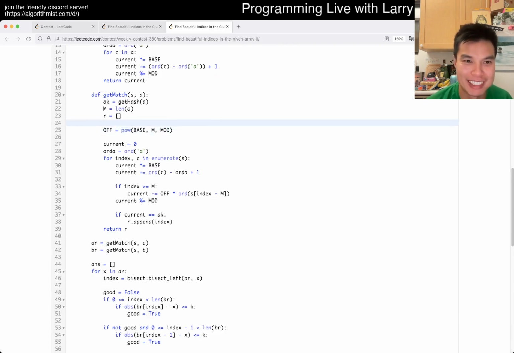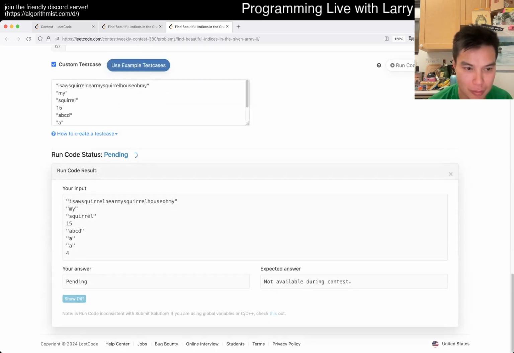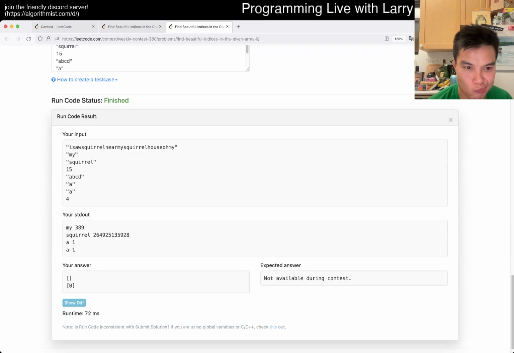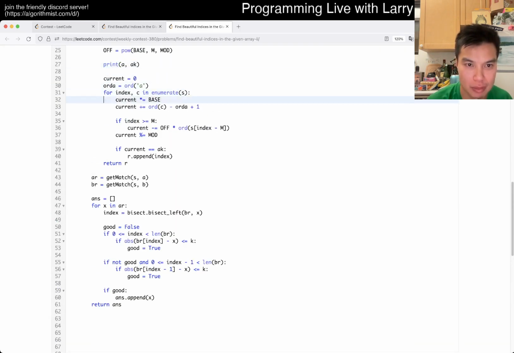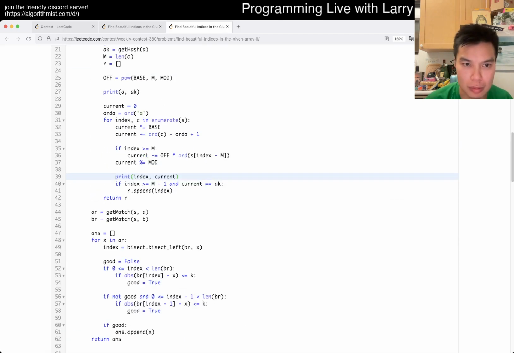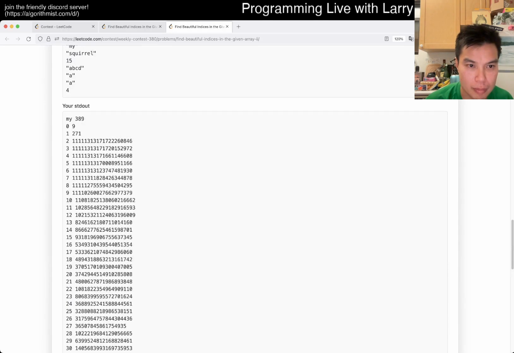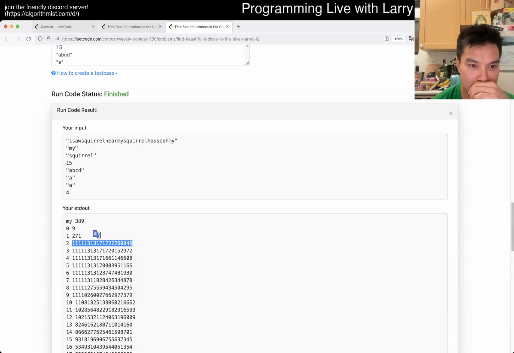Well, that's not good. What am I doing wrong? Why is this 2 so big?